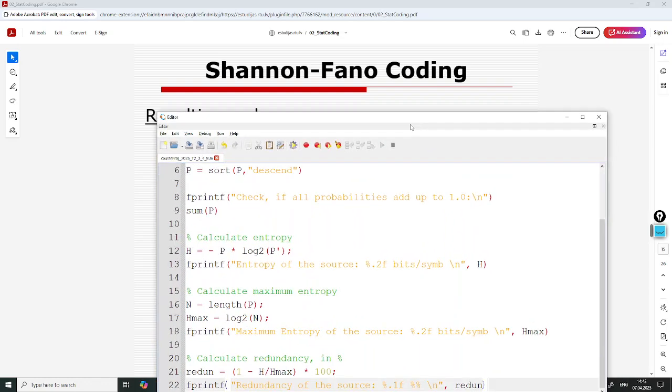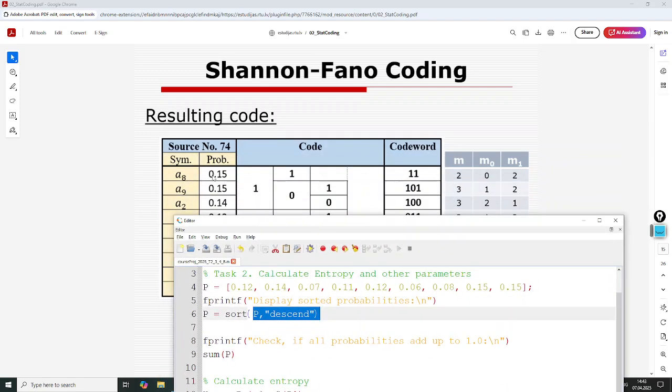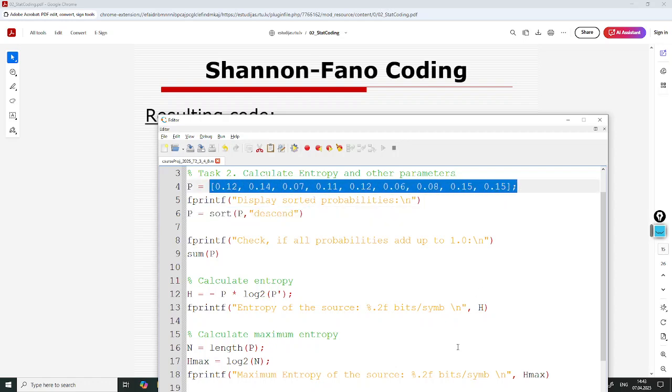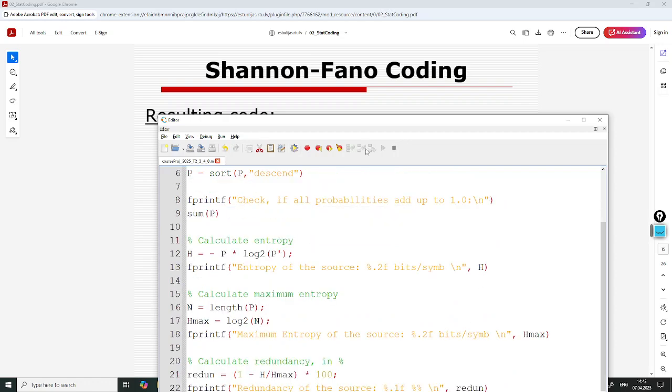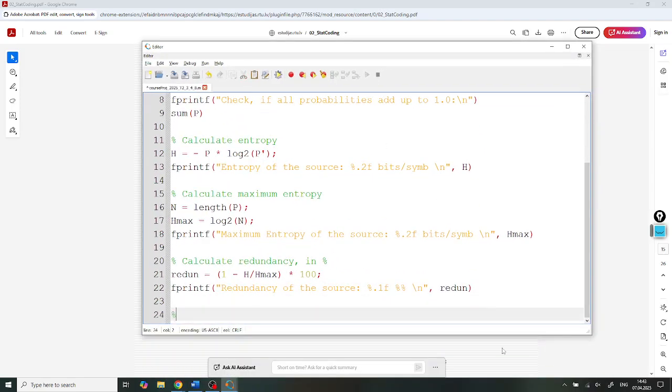That's why I did use sorting here, because they need to match. Yes, the probability 0.15 needs to match these two because they are about the same symbol. Now, if you didn't do this sorting, then you really should, or at least have them written manually in the sorted order. So that's going to be task 3,